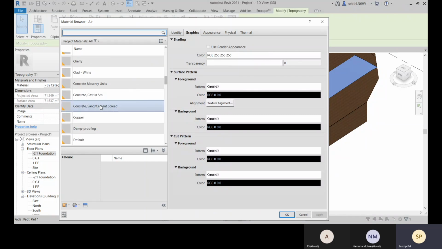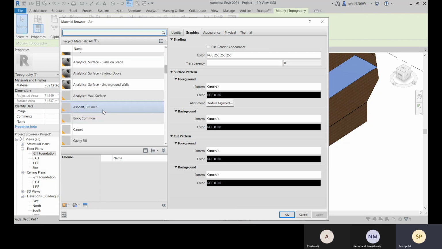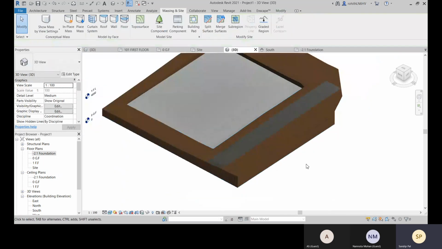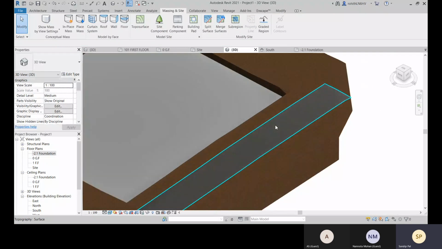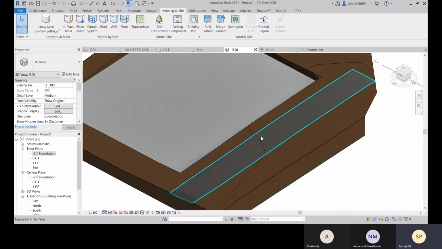Let's see. Yeah, so this one should be there, and applying. Okay, and now you can see this is your road created and these edges are there, so there you can create your road curves and place them with your families.